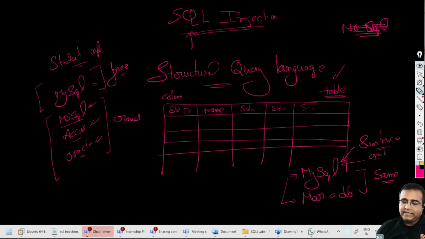So both are exactly the same. The commands which run in MySQL will run there, and there are a lot of variations, but 95% of them are exactly the same. In some cases when you install a database on some Linux, MariaDB is the default. In other cases, MySQL is the default scenario, right?